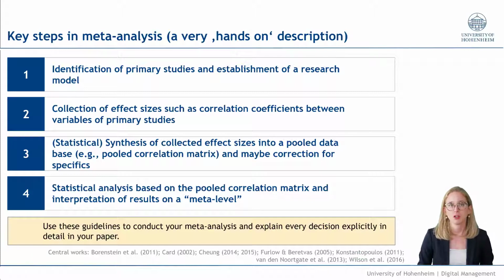So first of all, you have to identify your primary studies and establish a research model. To identify primary studies, there are, of course, a lot of options, but I'd say there are two core options. First, you should conduct a structured literature review to gain as many studies as possible and to decide on the basis of inclusion or exclusion criteria which studies might be part of your primary study dataset. And the second